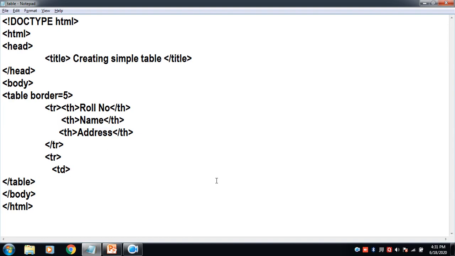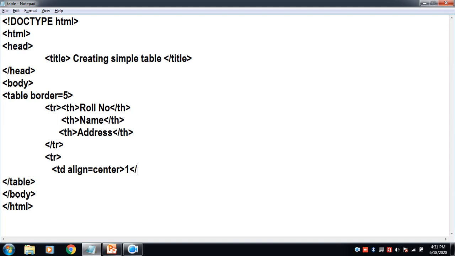So if you need to align, you need to specify the align attribute. So this table data will be aligned to the center of the cell. So TD align equals center, and I write the first data, that is roll number 1. So this will come exactly below the roll number column.